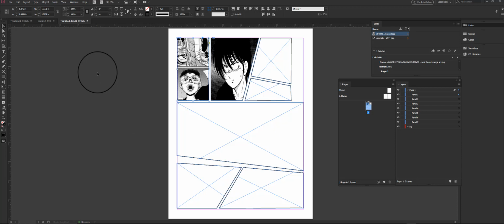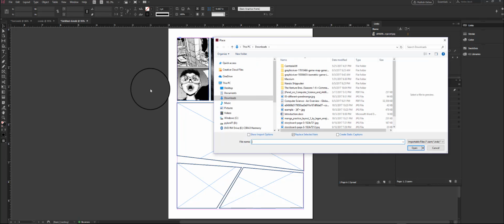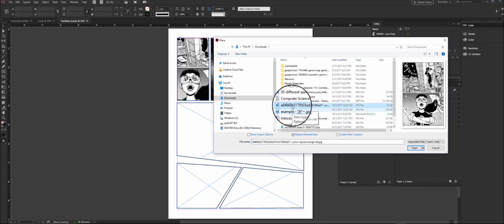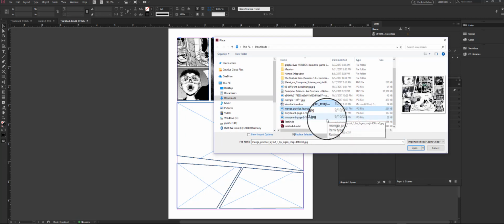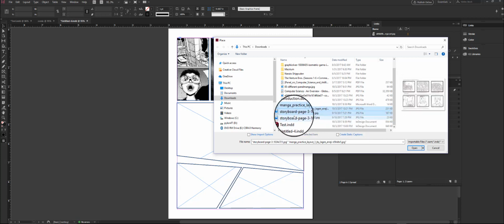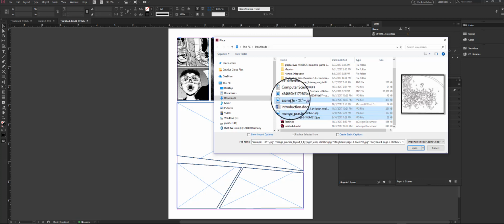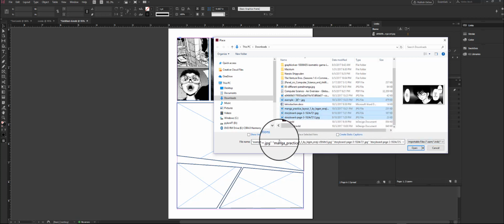If I hit Control D, I can then go here and select multiple images. I'm going to select this image, and I'm holding down the Control key as I select the images in the order in which I want them. And if I hit Open,